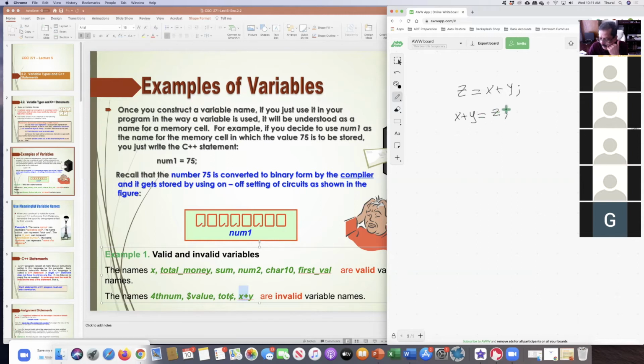This is wrong because assignment goes this way, right? This way. So this is not what I wanted to do. This is correct: add these two and put the result in Z. That's correct. Instead of writing it that way, I wrote this. So